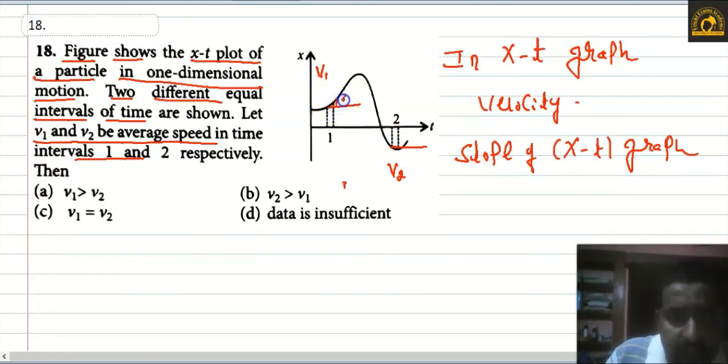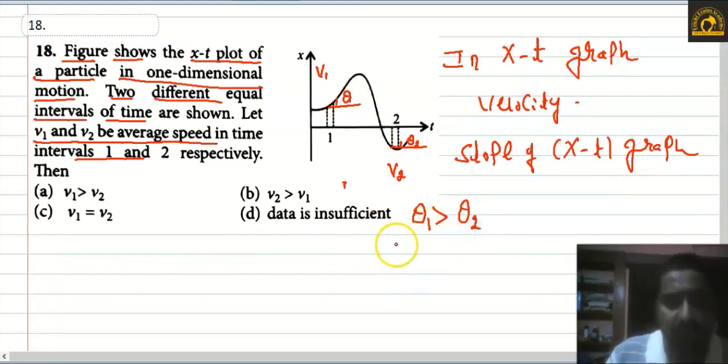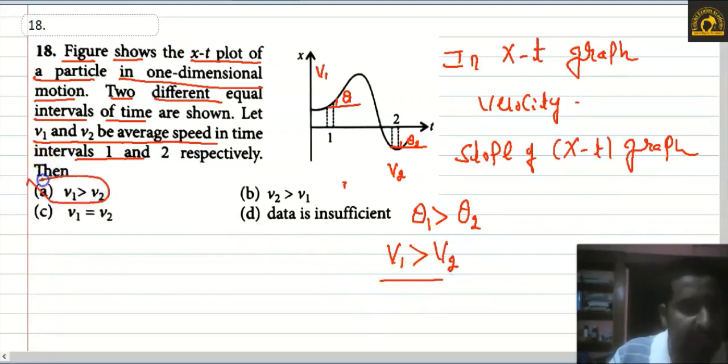This one is theta 1, this one is theta 2. Easily, theta 1 is greater than theta 2, which means v1 is greater than v2. So option A is the correct answer, because the slope indicates